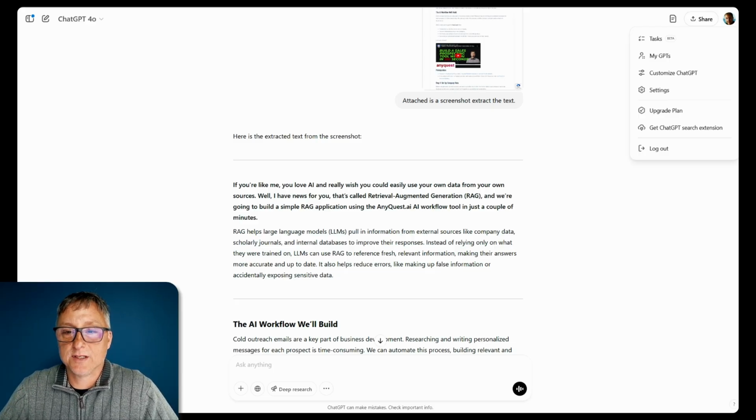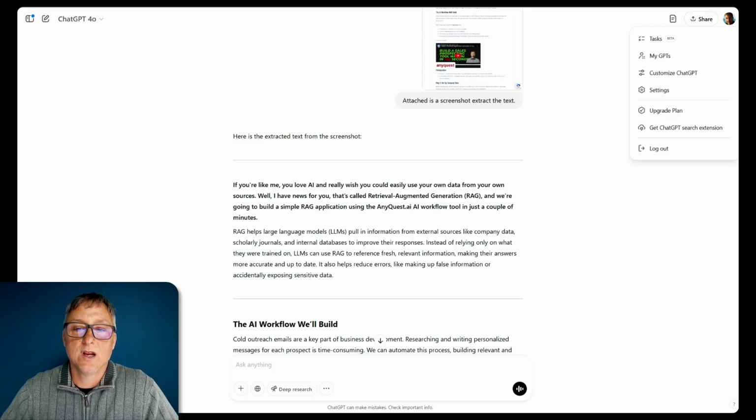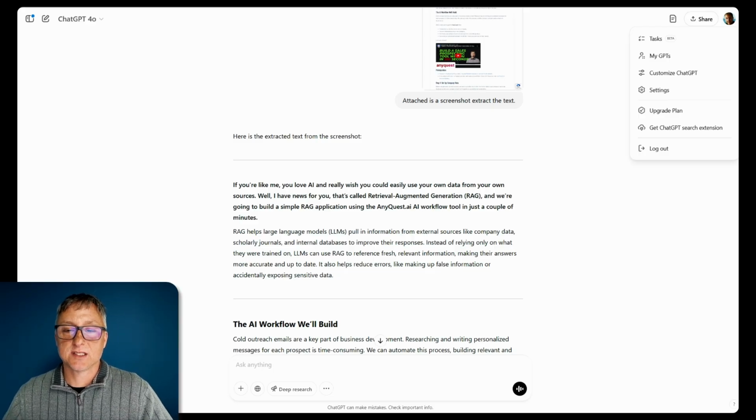There's a settings option. The most important part here is under personalization, you can manage your memories, or what it sort of retains about you, and cull out anything you don't want it to use. If you use ChatGPT a lot, it can pick up, quote, knowledge about you or memories about you that aren't really helpful for where you want to go. So trim those out from time to time. You can also change which voice you want to hear when you use the speech part of ChatGPT. You can also connect applications like OneDrive or Google Docs. That's nice to do. And you can upgrade your subscription.